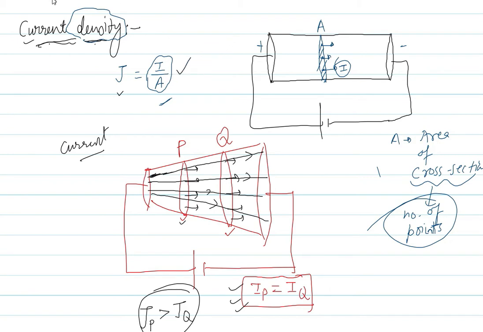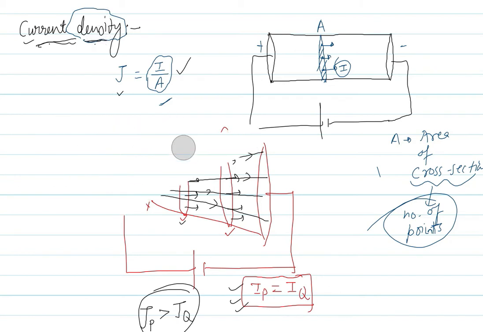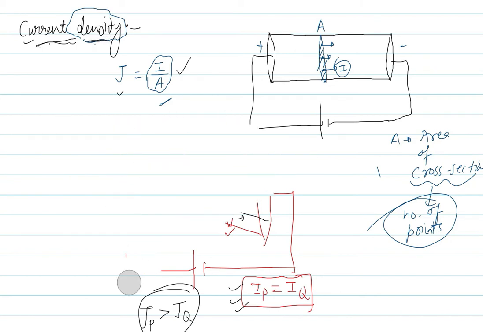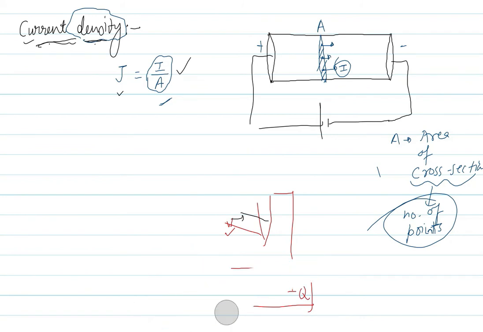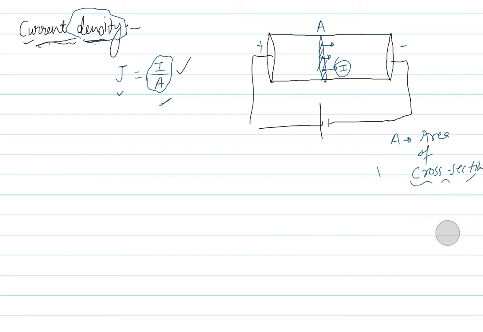So let us arrange all these things properly so that we can prepare notes. Okay, so this was the situation initially. Current I is flowing through area A, and how we are defining current density, while making notes, you just ignore these overwritings, right?